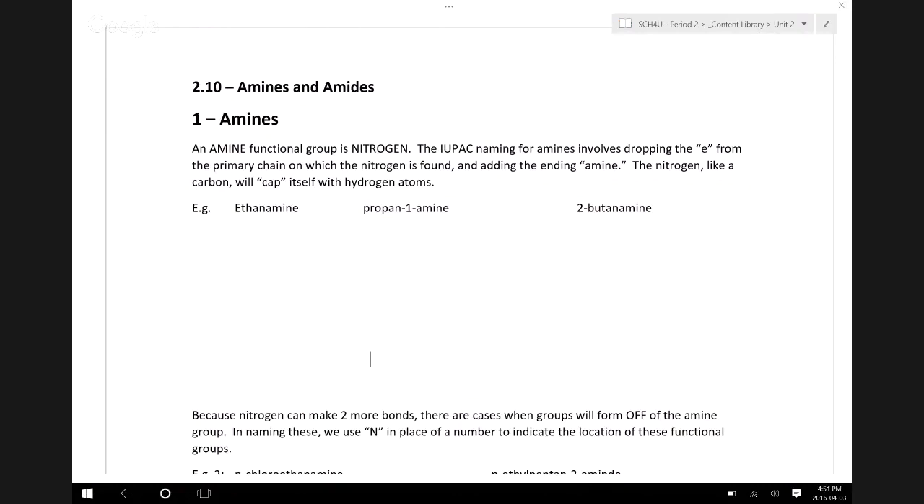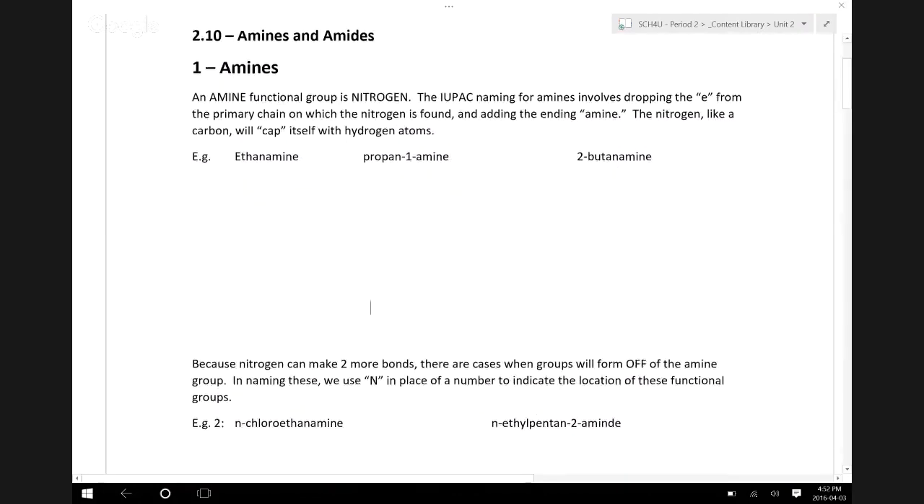But when a carbon chain has nitrogen in it, the IUPAC naming for that involves dropping the E from the primary chain on which the nitrogen is found, and we add amine at the end. And the nitrogen, just like carbon, will cap itself with hydrogen atoms. So it's going to bond to hydrogen anywhere it doesn't bond to the carbon chain. So the simplest example is,